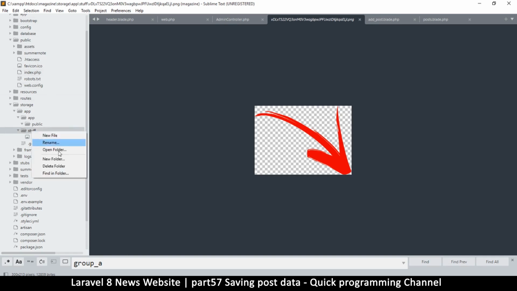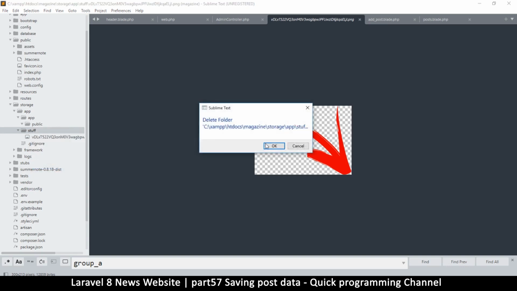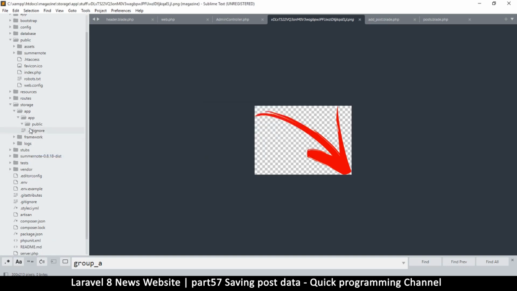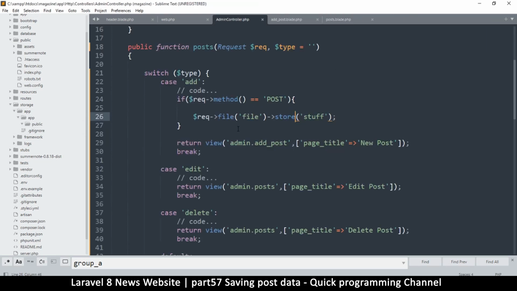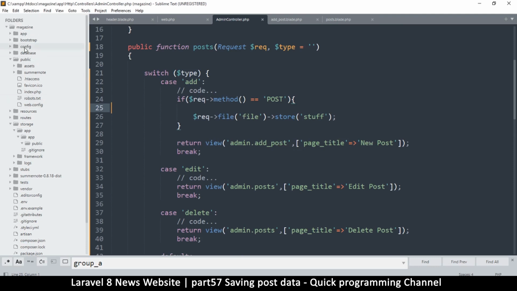So let me delete this one more time, delete this folder stuff. I don't need it. Probably don't need any of this, but I'll leave it there. So close that. So let's see how we can do things. Now, instead of doing the thing that we did last time to create a linked folder in the public folder, that was a nightmare as well. What we can do is a simpler nightmare by going to,